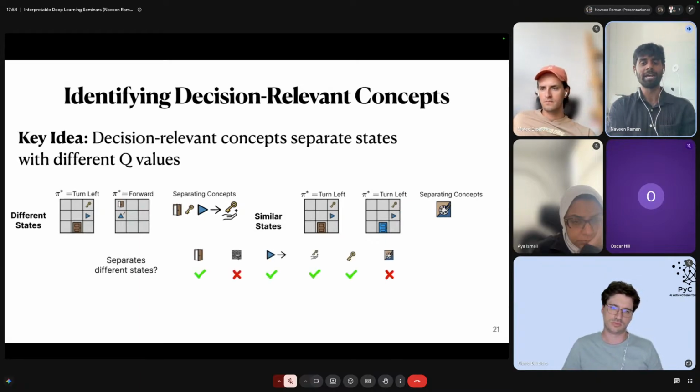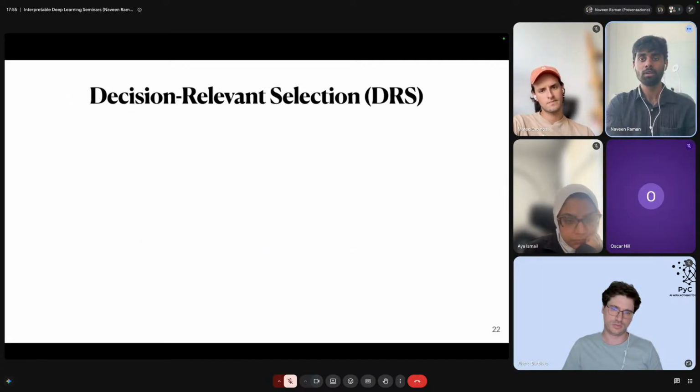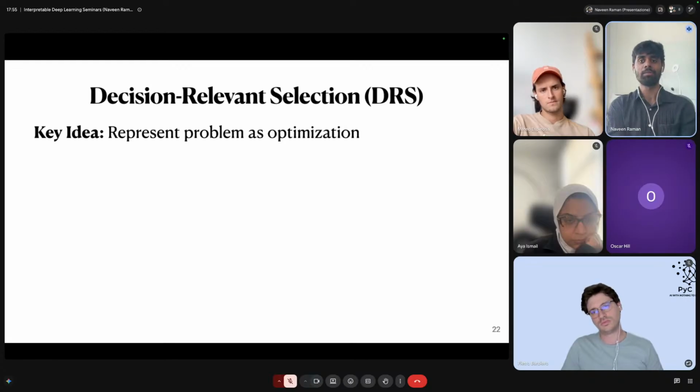And so you can repeat this for different pairs of states. And you can say, for example, in this case, I should probably select one of: is the door open? What row is the key on? Do I have the key? And which way am I facing? One of those four concepts seems at least somewhat important. And so if I do this for different state pairs, I get a sense for which concepts are most important. What this naturally leads to is an algorithm called decision relevant selection, which says,